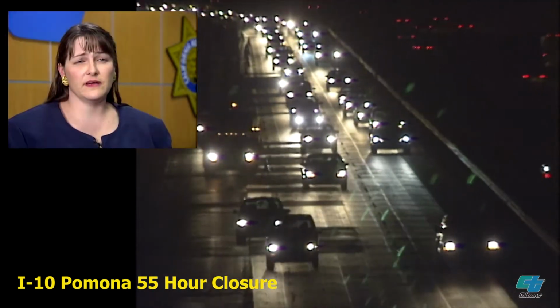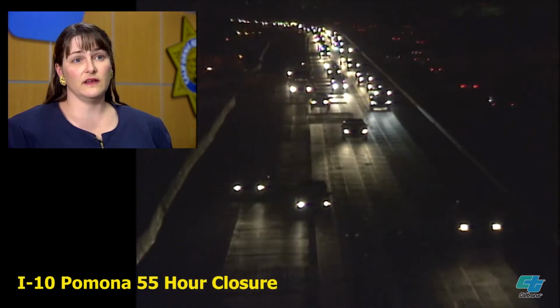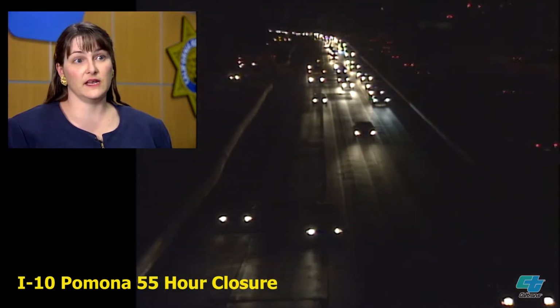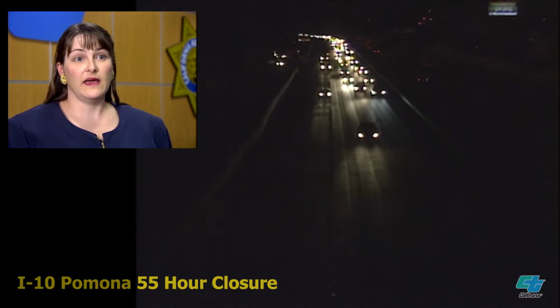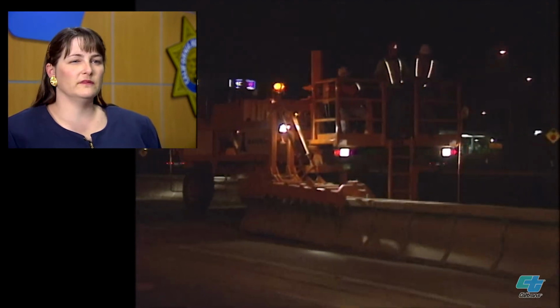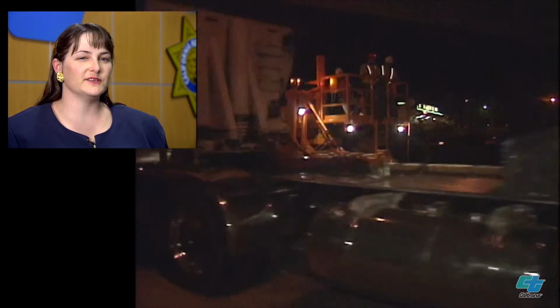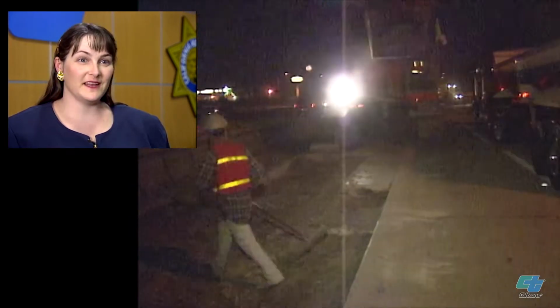Caltrans was very interested in seeing how much could be constructed in a 55-hour window, say 10 at night on Friday night, and then open again at 6 a.m. on Monday morning. So the whole idea was really exciting to see how much production the contractor could do with these fast-setting materials,